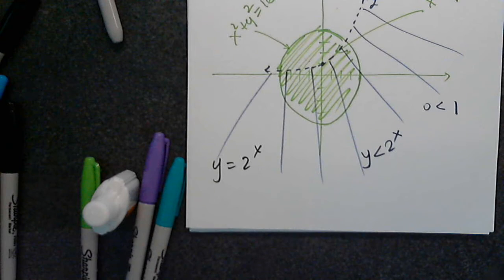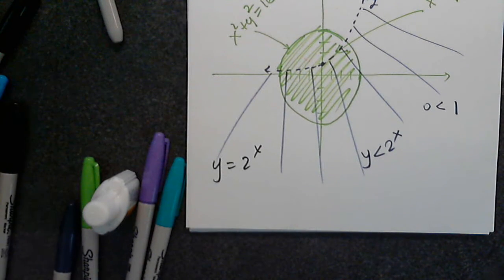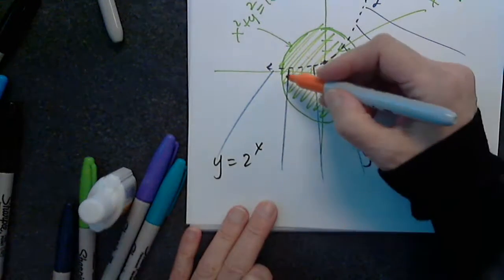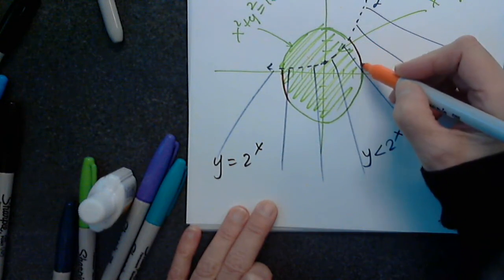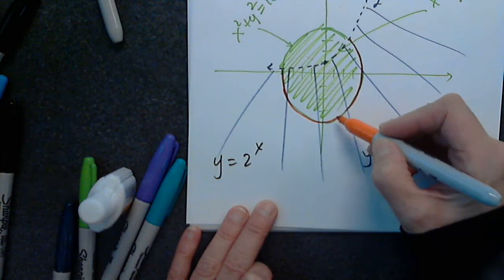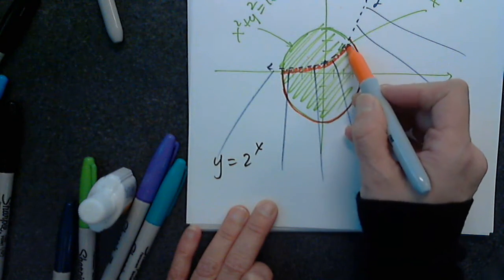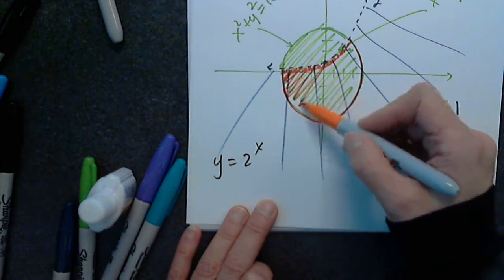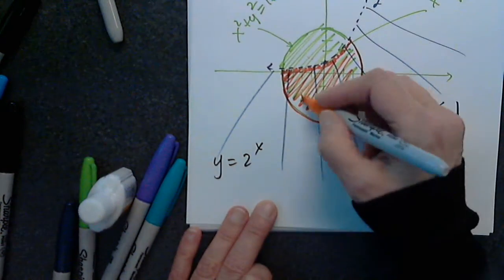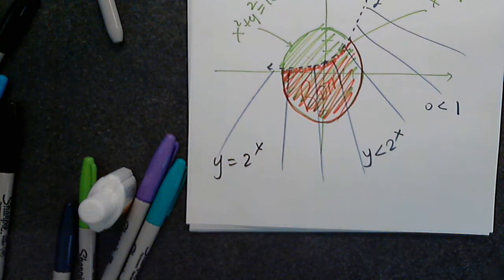Now do these two regions overlap? If they overlap, the system has a solution or solutions. If they don't overlap, we'll say no solutions. Do they overlap? Yes? Very good. All points on the curve, that is the graph of the circle. And very, very close to this, but not points on 2 to the x. So this is both. Where you see orange, the orange area is